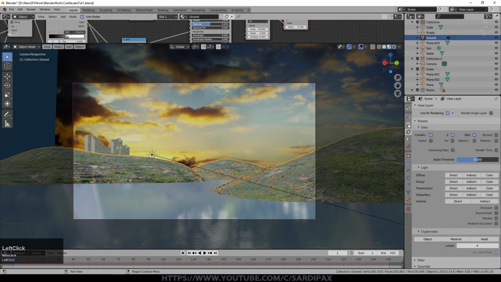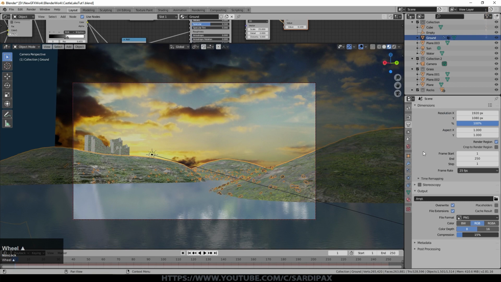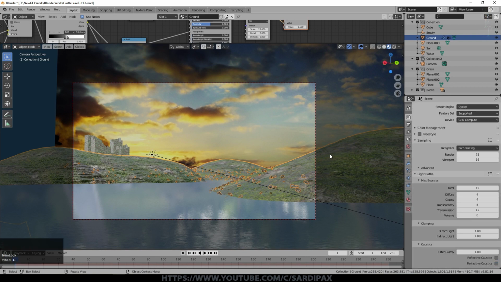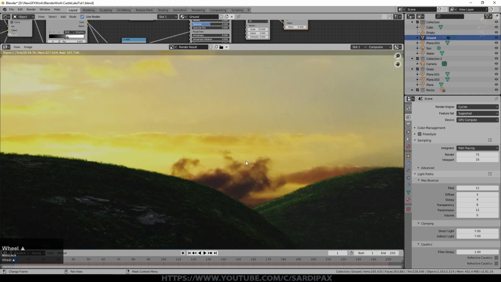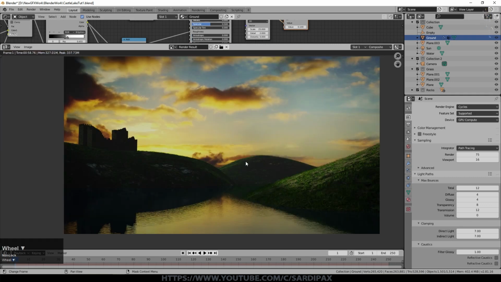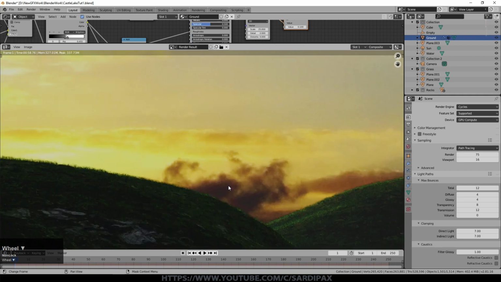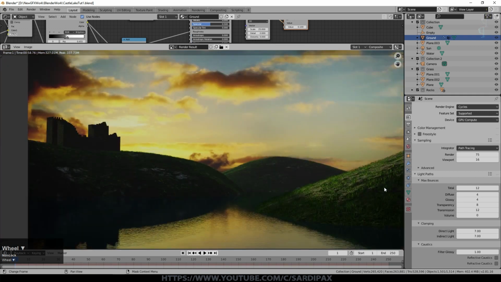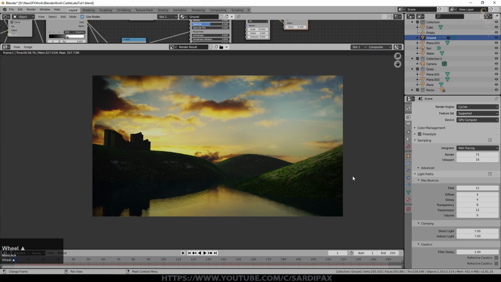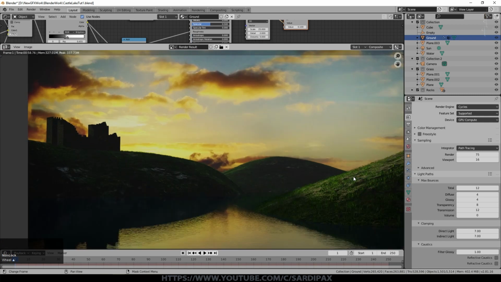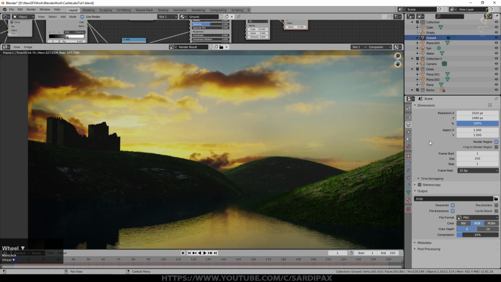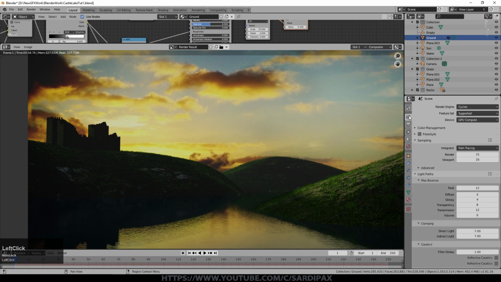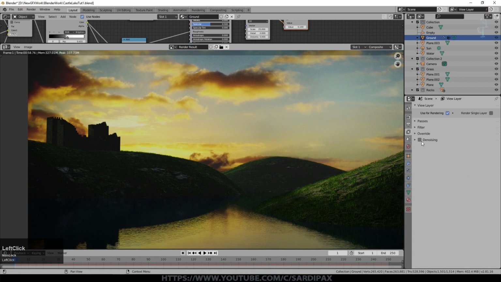Now the other thing is I can turn on, and I will turn on I think, denoising. From the previous scene that I rendered, there isn't a lot of noise in this scene. In fact, I'll leave denoising turned off. It will reduce some of the fidelity of the scene by adding denoise, but the lower the resolution of your scene, the less effective that denoising is, or it's perfectly effective, but it adds its own noise. But if you need to use it because you need to render the scene more quickly, or it's taking an awful long time, or you're just not happy with it, then there's the denoising option here.